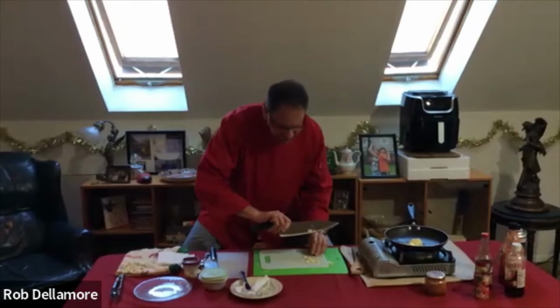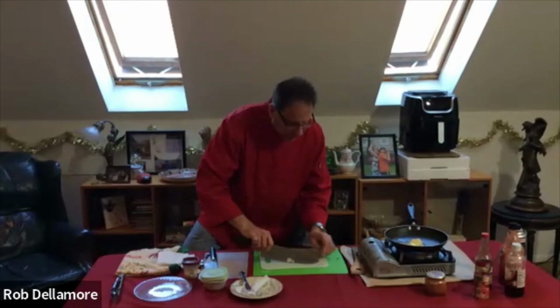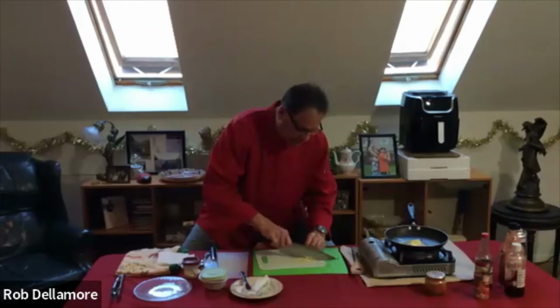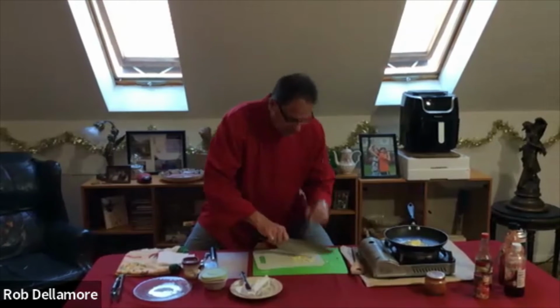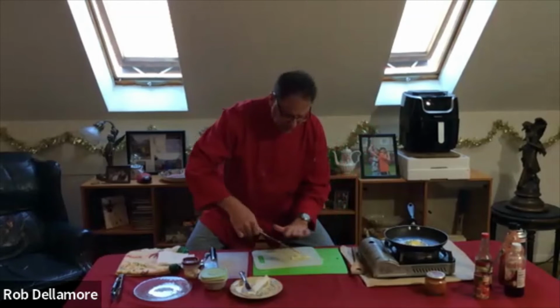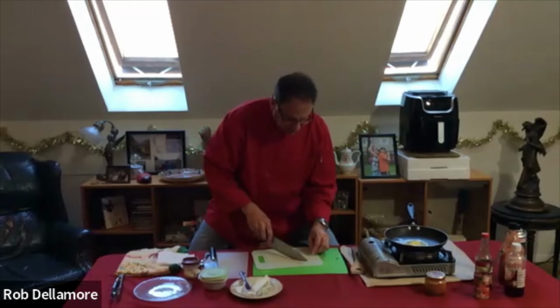My hand here is, all the fingers almost are on the blade, okay? And this is how you control this large chop. So the auxiliary hand is always 90 degrees to the tabletop. And the knife is striking the knuckle with every